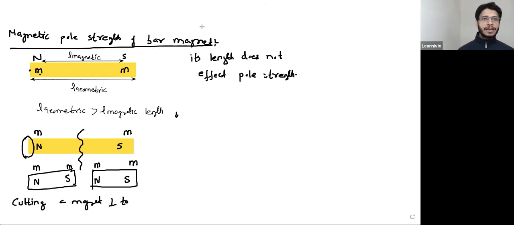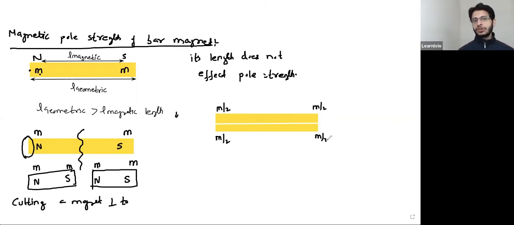But if I break the same magnet in two parts parallel to its length, like I divide this magnet in this way into two parts, now pole strength will get halved. Earlier it was M, now it will be two magnets having pole strength of M by 2 and M by 2. So if I cut a magnet in this way,